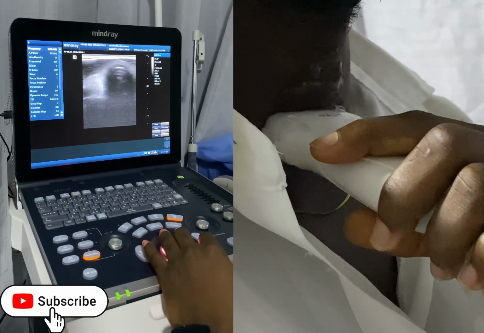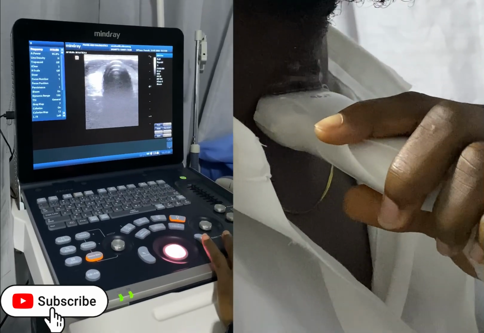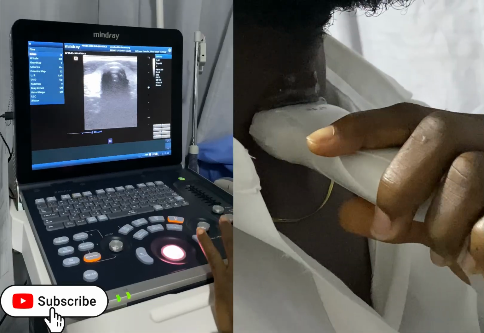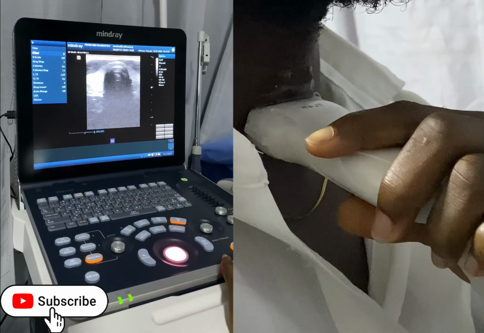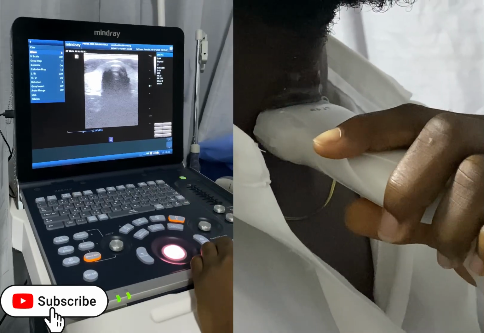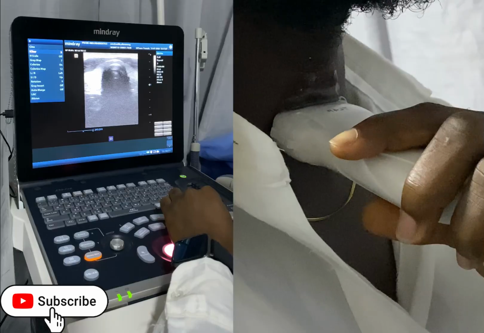So first, let's view it in the transverse. So that is the thyroid. We have the isthmus, we have the right and then the left lobes. The trachea is there, the strap muscle is there. So as you can see, we've used our freeze knob to freeze the image,